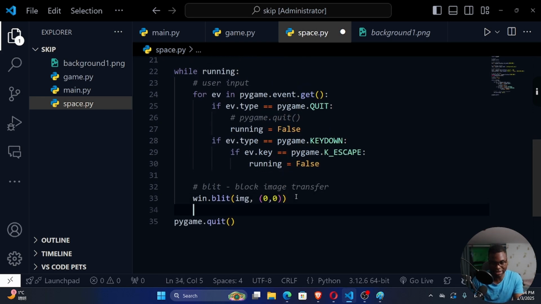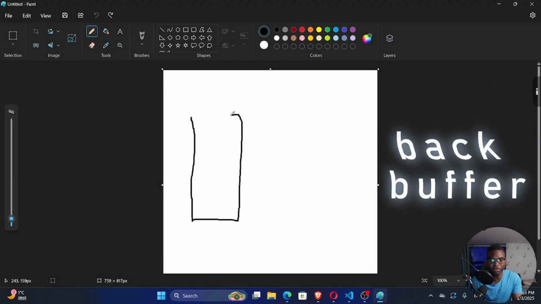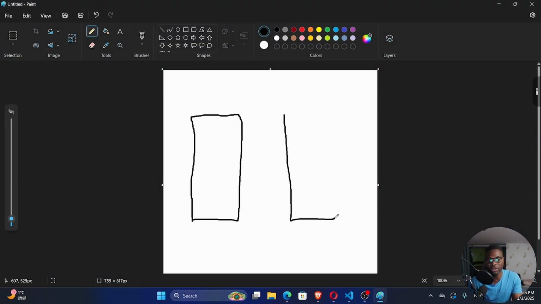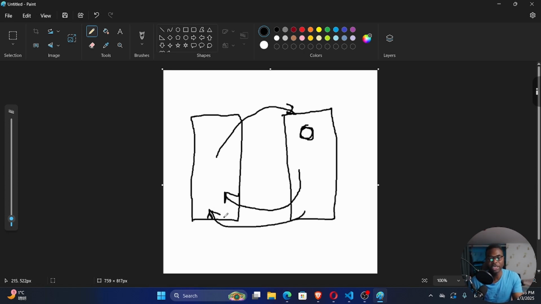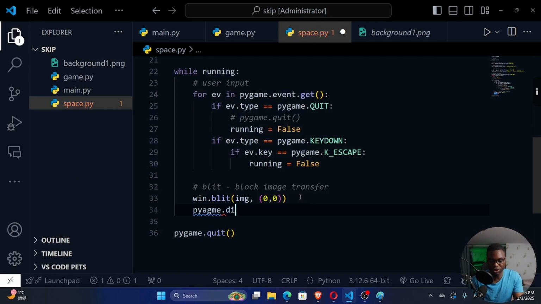After we blit this, there's one more step that you need to do in Pygame. The way Pygame works, it uses what we call the concept of back buffers. So let's say this is our main window. That window has a back buffer. Let's say you want to draw something. You draw it on the back buffer, and we cannot see it on the main window as yet. We have to swap this, and then we send this to the back. And so there's a function that we use if we want to swap the buffers. We can say Pygame, because we are doing it on the display, we call the display module